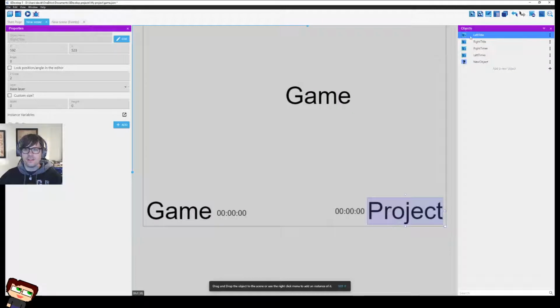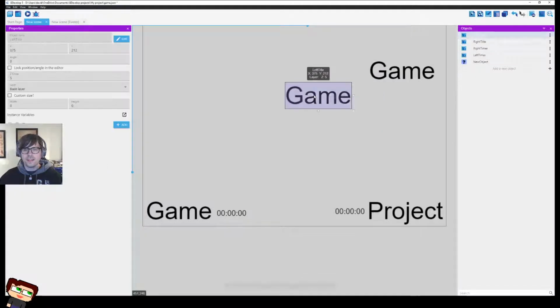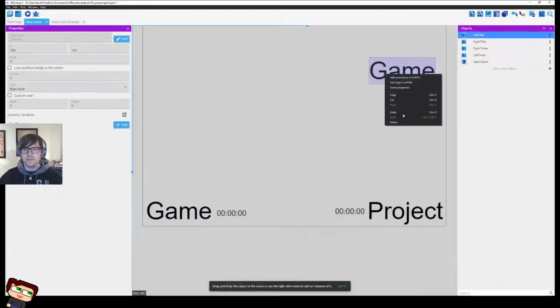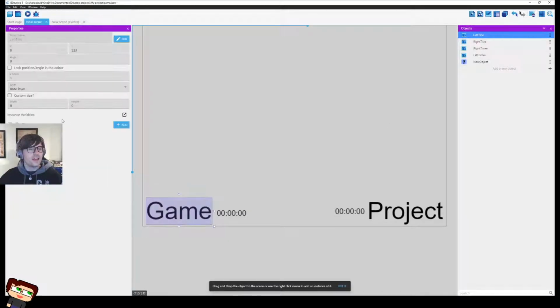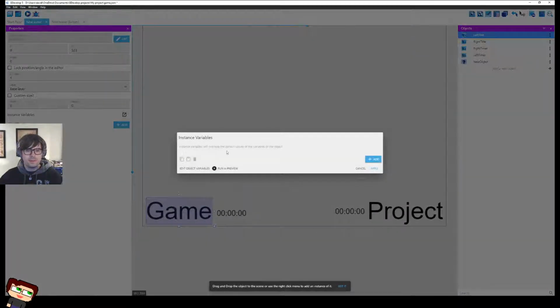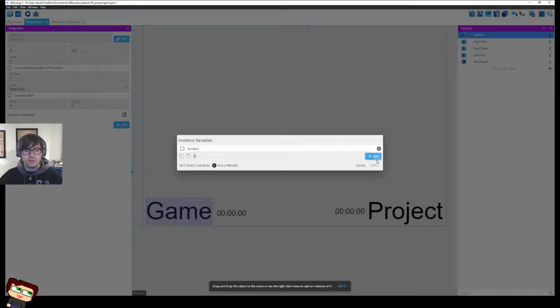What if I drag this in? I can just drag in lots of instances. Okay, interesting. That's kind of cool. I'm already digging that. I don't need a lot of these. I'm wondering. Left object, custom size. Now the thing is, if I click on this guy, instance variables, that opens something up. Instance variables will override the default values of variables in the object. Okay, well, if I want to add one,